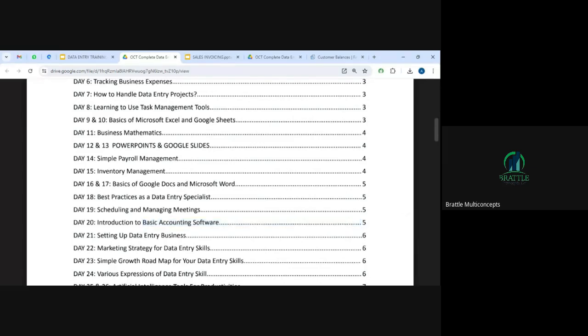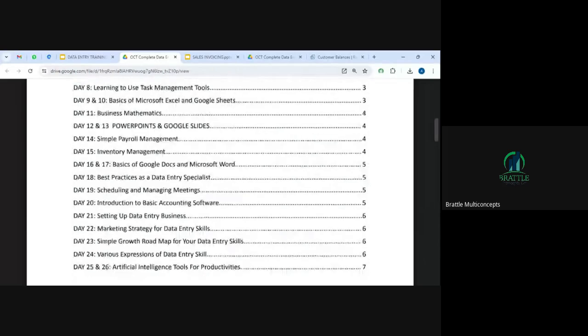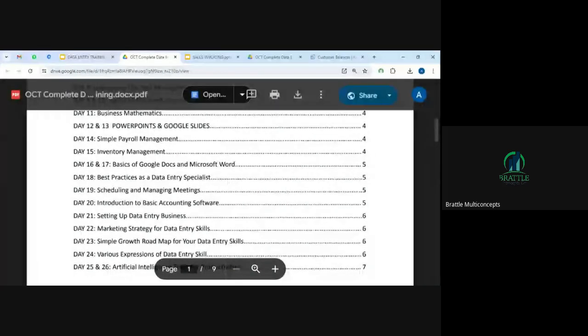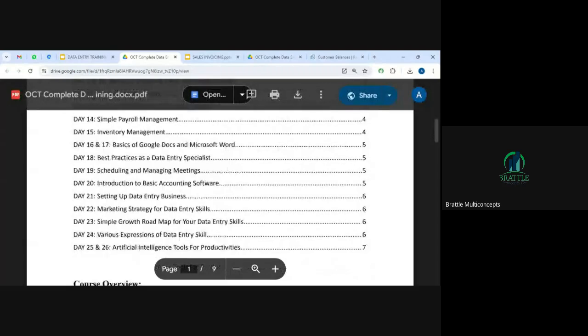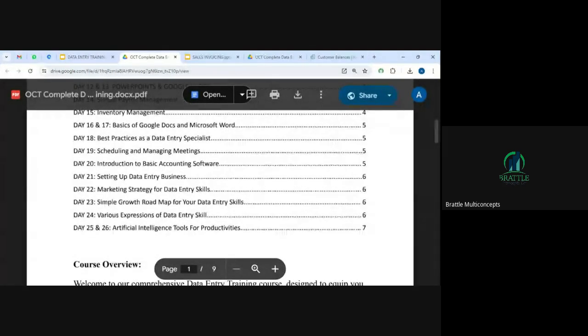So we have how to set up your businesses, then the market strategy for your business, that is data entry business, and we're going to learn how to capitalize on AI to enhance your productivity as a professional or as a data entry person. Whichever way, we're going to learn how to use artificial intelligence to maximize. All this is going to take place within a month, which is an average of an hour